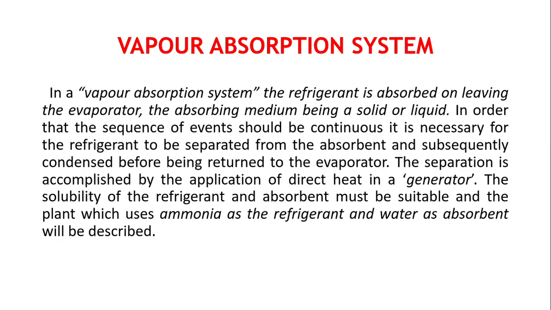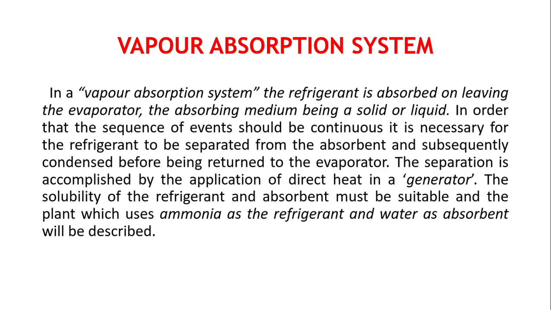In the compression refrigeration system, the refrigerant is compressed in a compressor and sent as a high pressure liquid to the evaporator, where it absorbs heat from the space that needs to be cooled, and is again converted to gas. It is again passed into the compressor where it is compressed to high pressure. This cycle repeats in the vapor compression refrigeration system.